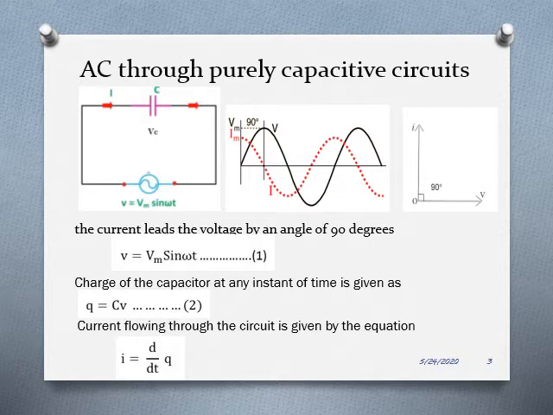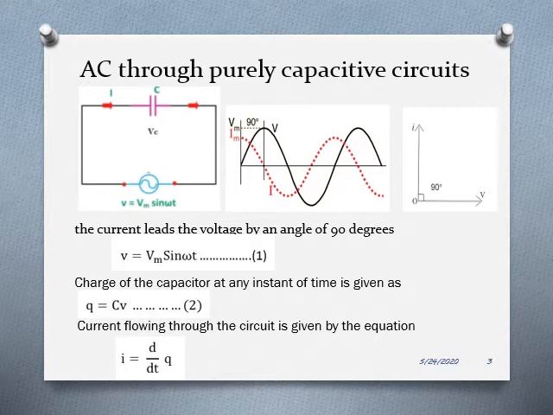Now here, consider the figure in which a capacitor of capacitance C farads is connected to an AC circuit. The applied voltage, instantaneous value V is equal to Vm sin omega t, and a current I flows through the capacitor. The voltage across the capacitor is Vc. Now look at the second waveform figure. The two waveforms, voltage and current, are shown in two different colors.